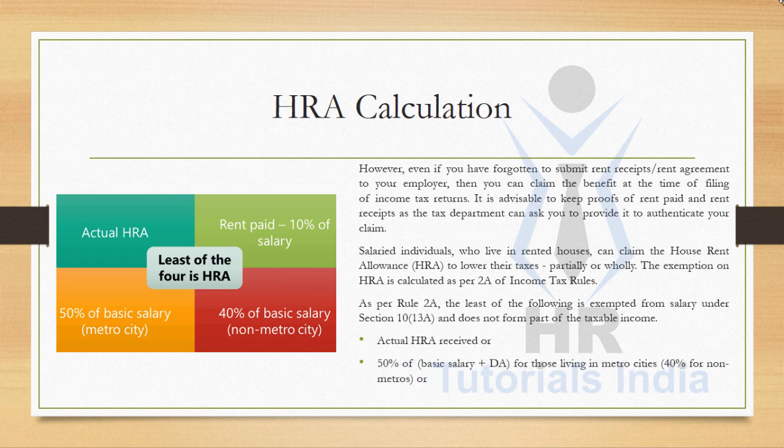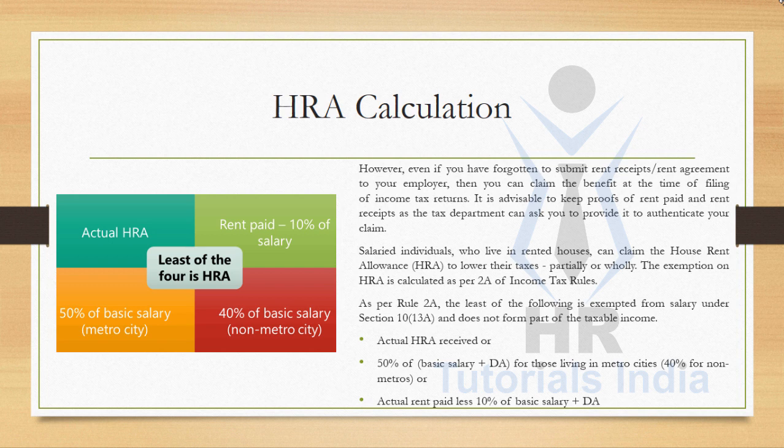50% of basic salary, that is basic plus DA, for those who are living in metropolitan cities and 40% for non-metros. Actual rent paid less 10% of the basic salary plus DA. So these are the three options among which the HRA is to be calculated, and whichever is lesser is exempted from taxes. That is actual HRA received as per the payslip given by the company, or as per the HRA component given by the company, or 50% of basic salary for those who are living in metropolitan cities, or 40% of